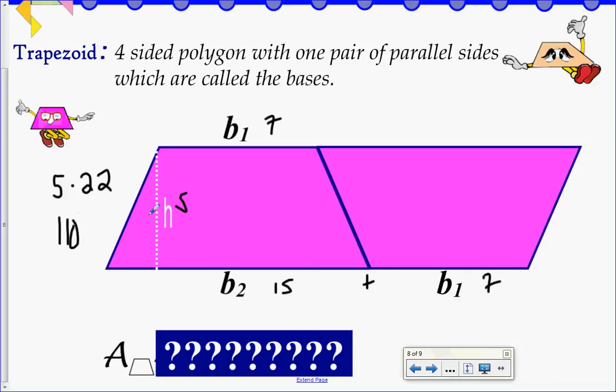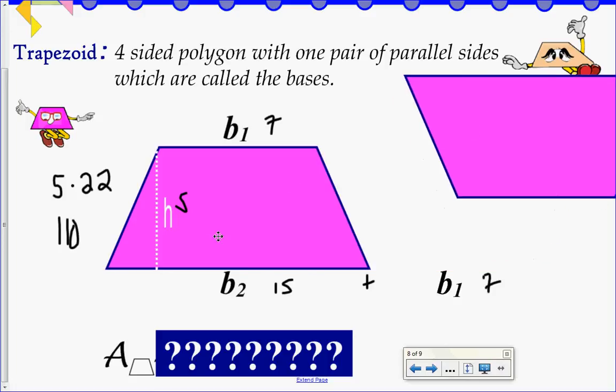But I don't want the parallelogram. I just want the trapezoid. So I have to get rid of this part, which is half of the figure. So if I get rid of that part, I have to divide by 2. And if I do